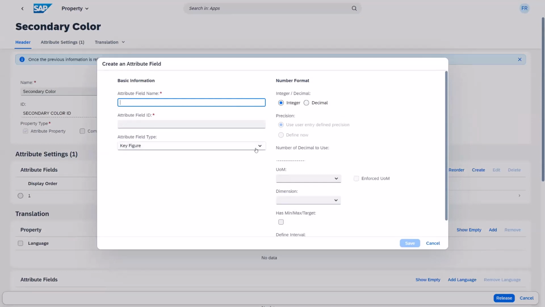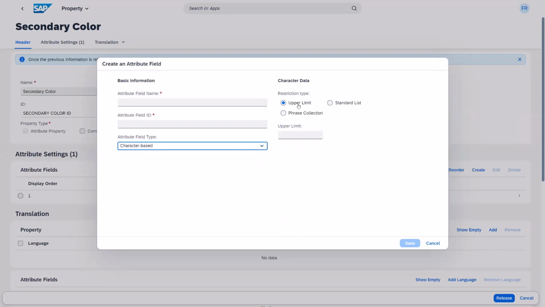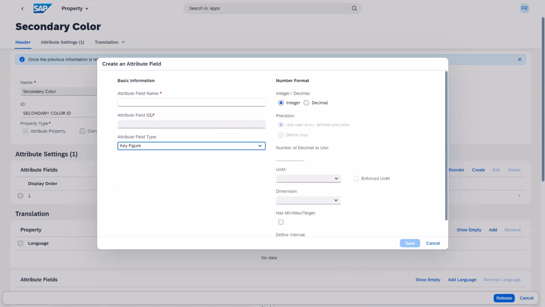Is it a character-based format with a standard list, like a table that is behind it, or a phrase collection that is set up in the system, or then additional field types that we can pick from, like date and Boolean. We will add URL fields, or also have the possibility to extend this field type for specific use cases later on. So it's really easy to now in this system set up the properties and the property tree